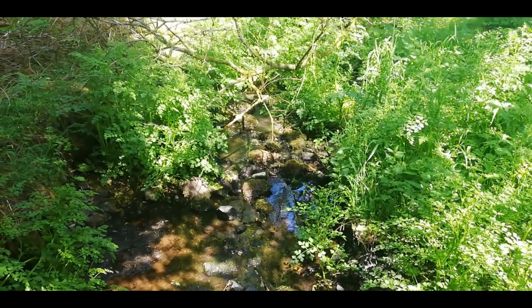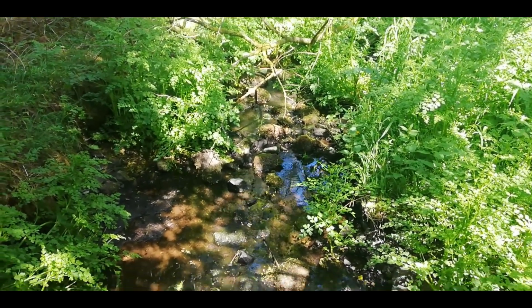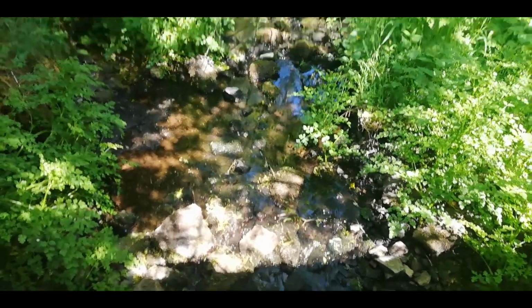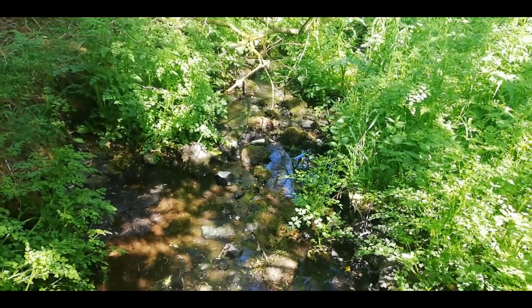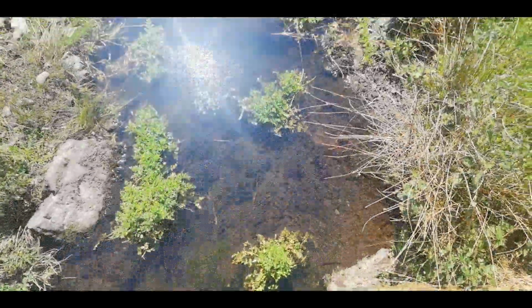Closest we can get to the furthest source of the Winster without trespassing on private land. We do know of another spot. And it flows on down that way,